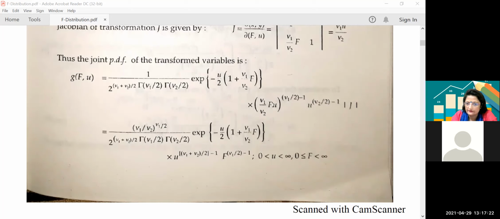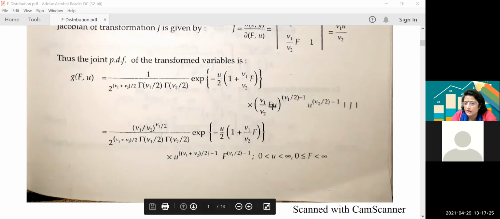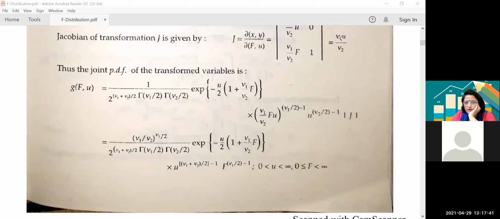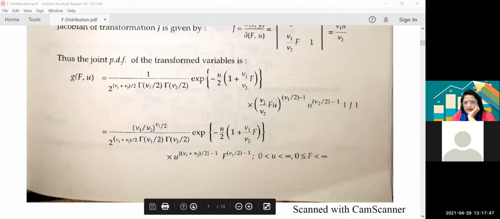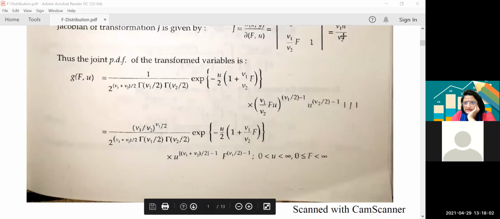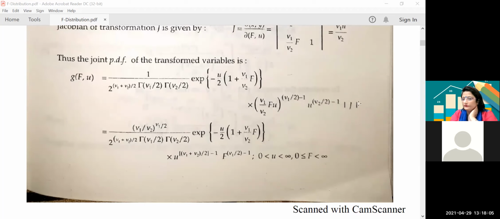अब इधर से हम f और u की वैल्यूज अलग करेंगे। दिस इज f raised to power v1 by 2 minus 1, देखो f आपके पास u की पावर आ रही है, तो u raised to power v1 by 2 plus v2 by 2, राइट। और साथ में दोनों के साथ एक -1 है, ठीक है। और एक आपके पास जैकोबियन ऑफ ट्रांसफॉर्मेशन का u भी आना है, तो उससे क्या होगा, आपका एक माइनस कवर अप हो जाएगा। अब f की पावर बचती है v1 by 2 minus 1, ठीक है। और इधर आपका जैकोबियन ऑफ ट्रांसफॉर्मेशन में v1 by v2 भी है, यानी आपको दो v1 by v2 मिल जाएंगे, उसमें से एक पावर -1 इसके साथ खत्म हो जाएगी।